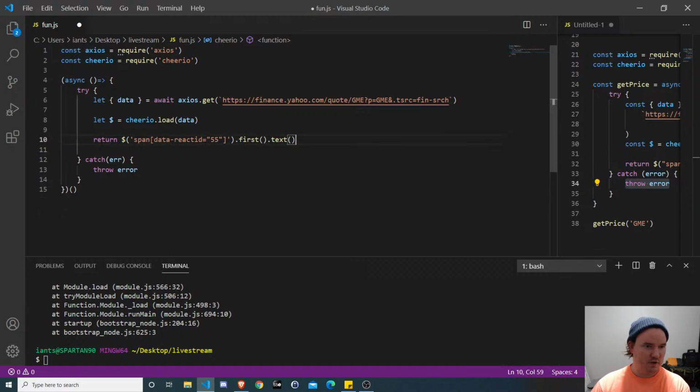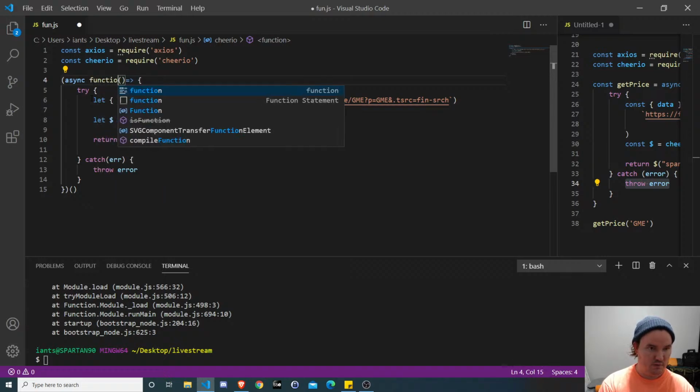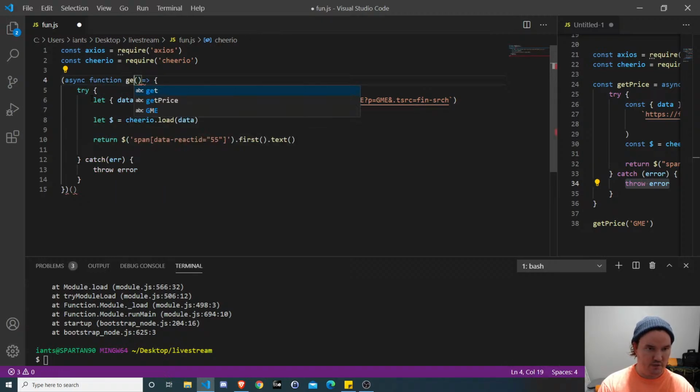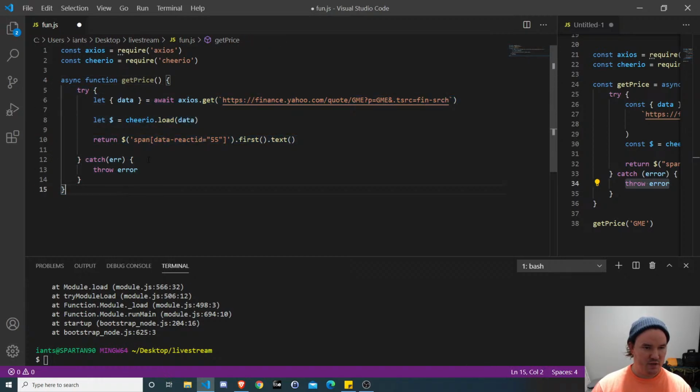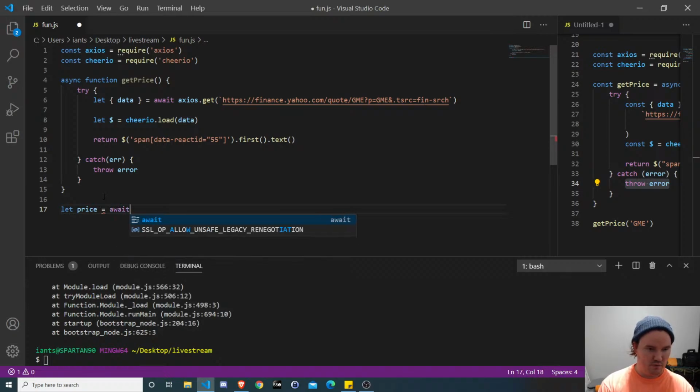All right, so instead of logging it like that, we're going to make this an async function and call it getPrice. It doesn't need to be an arrow function. Get rid of that iffy stuff. So we have this async function called getPrice, and we were returning the text, and so then we can say let price is equal to, oh, this is where it's going to get tricky.